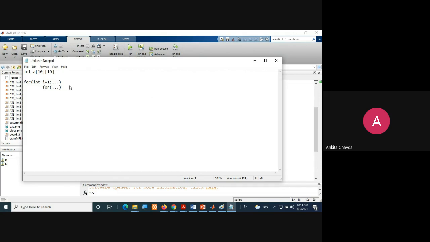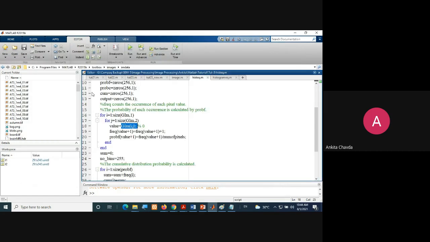So I want to access my very first row and very first column and take it into a temporary variable. So temp equals A of 1, 1. Whatever element value is on my first row and first column will be in the temporary variable.